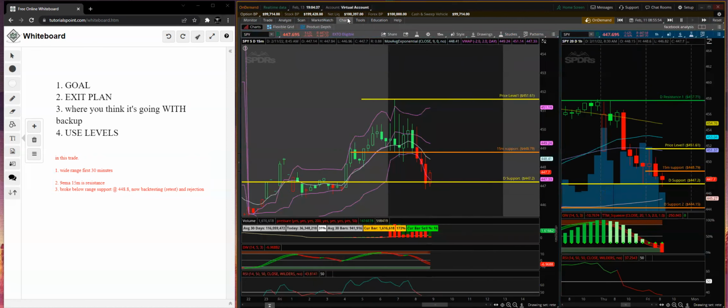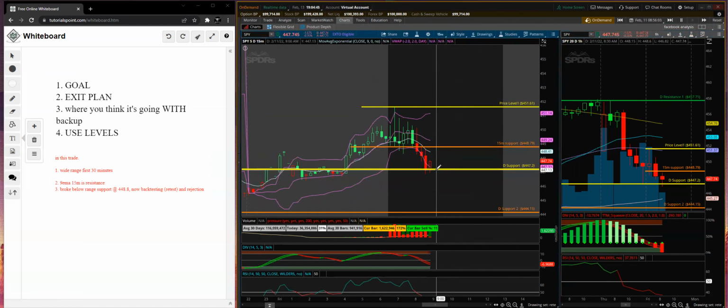What are we going to do with the rest of it? We're going to hold it. Maybe we can buy more puts over here if we keep rejecting and we come back again. Or if we break down lower, we're going to hold it. So let's see how it goes right here. The only way I'm going to use my stop loss is using my levels right here at 448.80. So if we break back above this, my stop loss